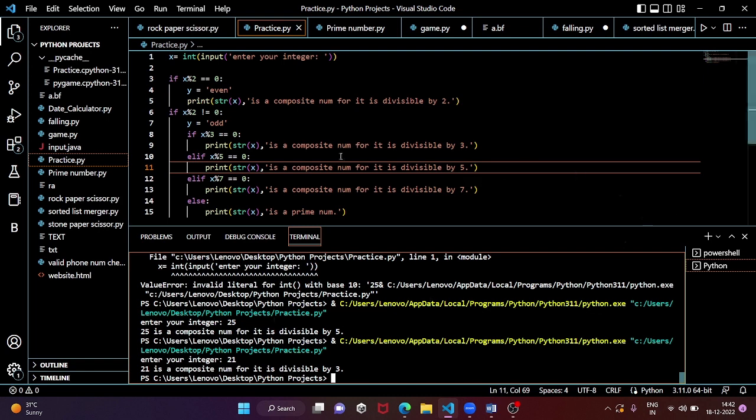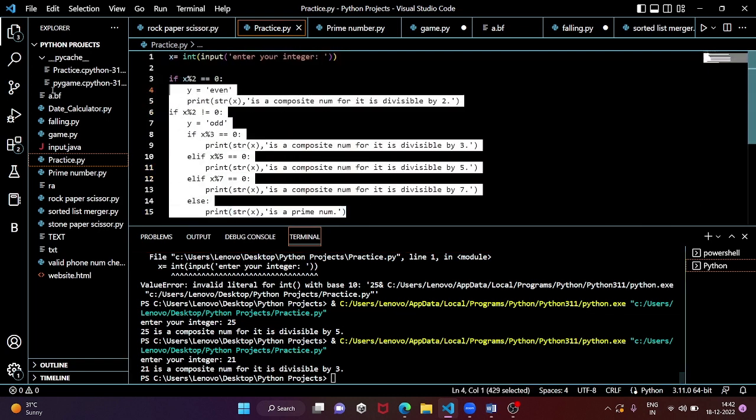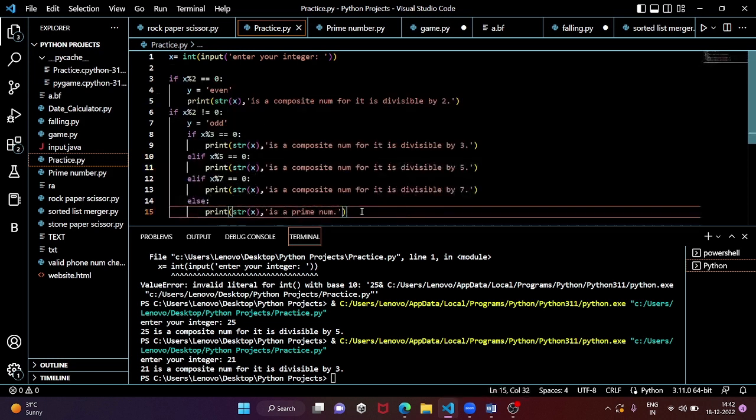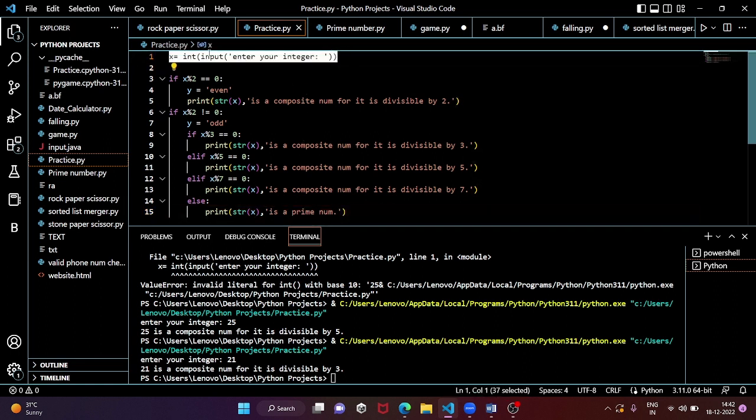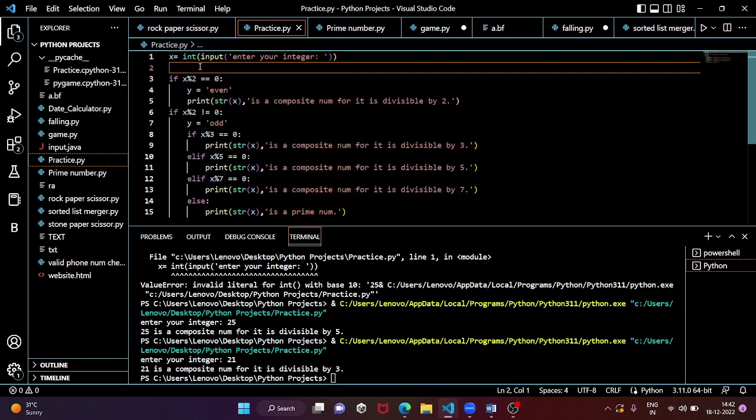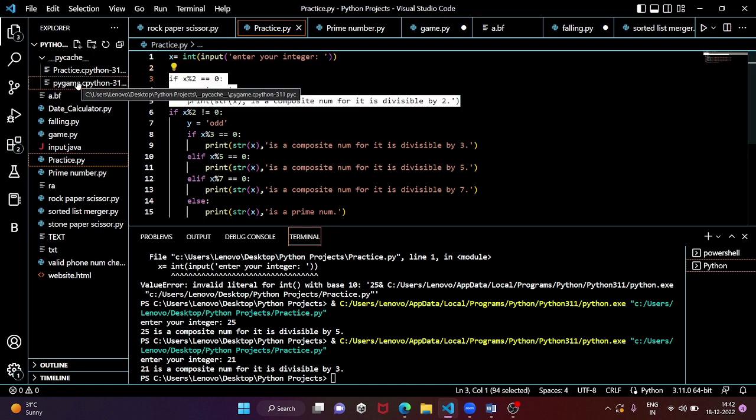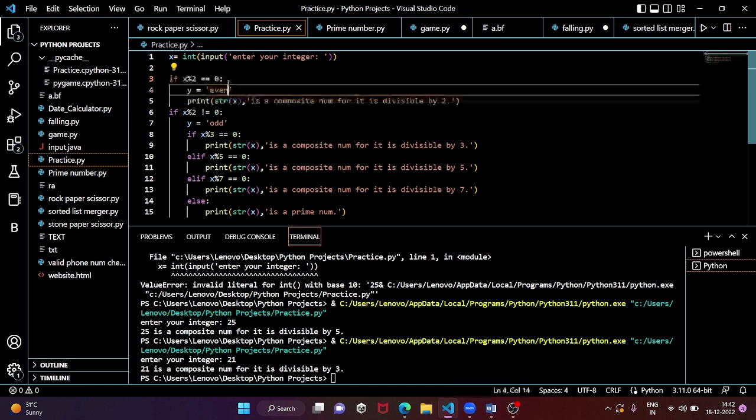So this is the whole script for our prime number calculator, and it's pretty basic according to me. Now I'll just explain it to you once again. We're taking an input from the user here, which we've taken as a variable x, and we've converted it into an integer. Now the next thing that we've done here is that if x mod 2, the mod function basically means that it will give us the remainder that we'll get by dividing x by 2. So if the remainder is 0, y is equal to even, and as we know,